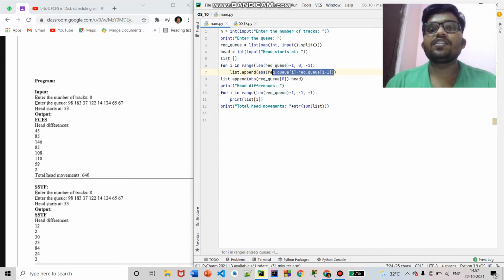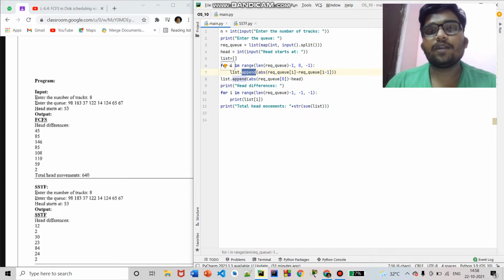And I'm using this ABS function in case the value is negative. Actually these differences are nothing but the time, in milliseconds, how much time it takes, but time doesn't accept any negative values, right? So that's why I'm using the ABS function, just to ignore the negative values and make them positive. So that's it about the absolute function, and I'm just adding them to the empty list.